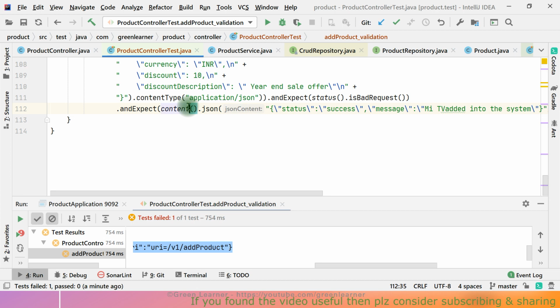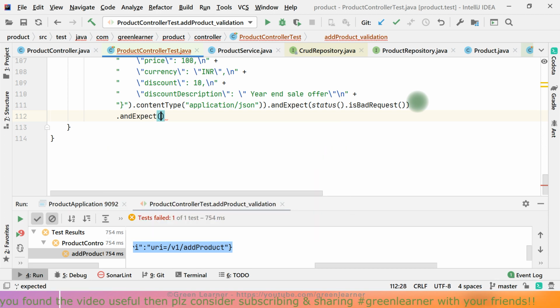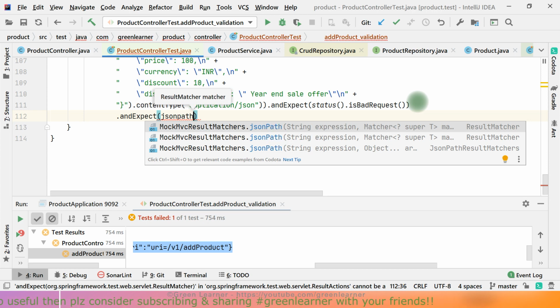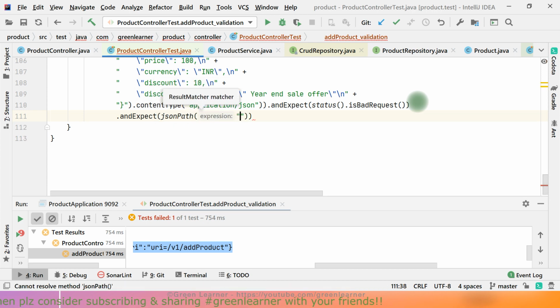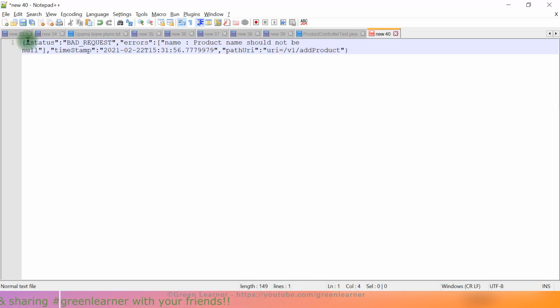Just remove this part here. That's also very easy. So expect, there is one method, JSON path. There is an expression that I have to give, and dollar means the root of the JSON. This is a convention that I have to know.